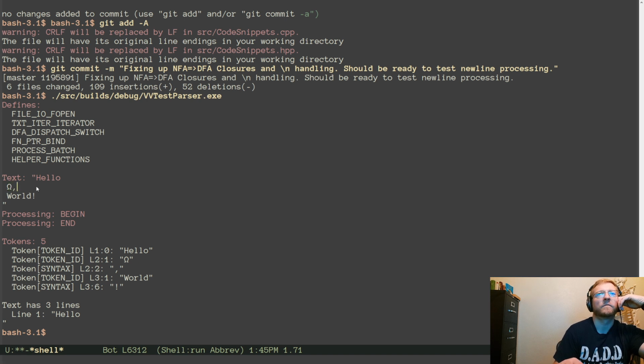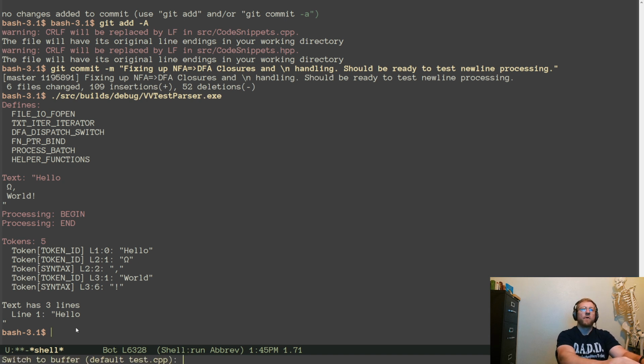So we get a comma at line 2, character 2, world at line 3, character 1, and the exclamation mark at line 3, character 6. 1, 2, 3, 4, 5, 6. I agree. Text has 3 lines. I almost agree.